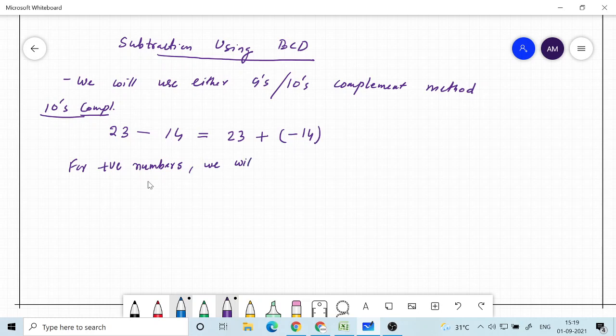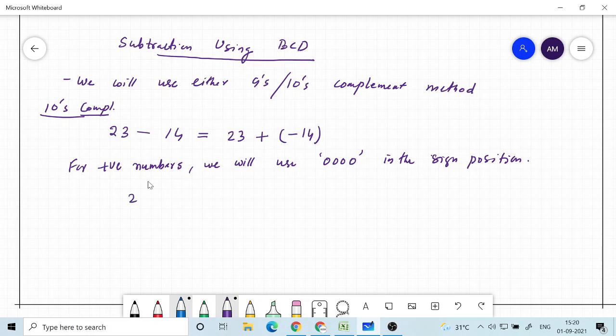we will use 0 0 0 0, a 4-bit code in the sign position. So this is basically representing 0.